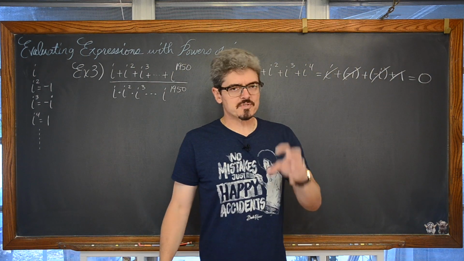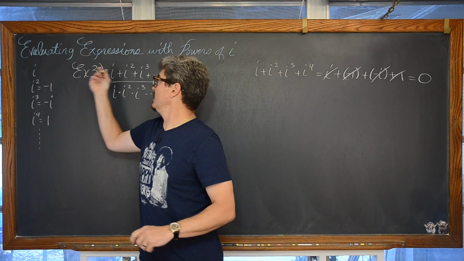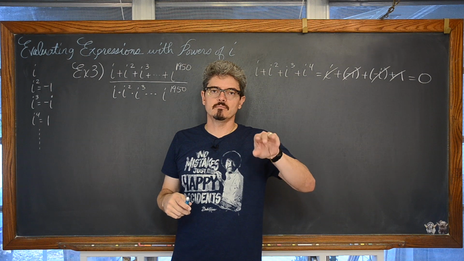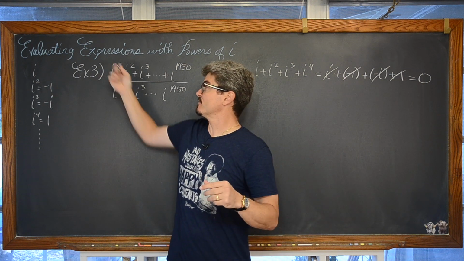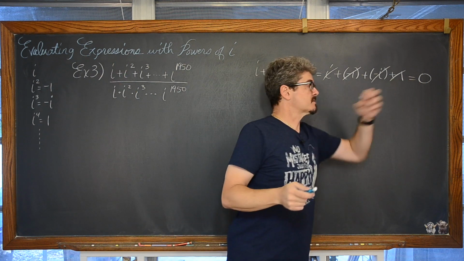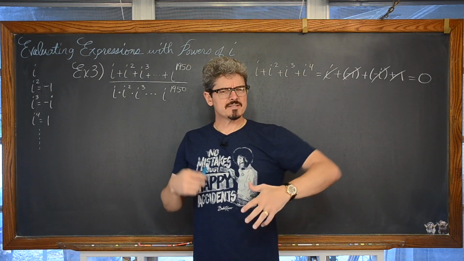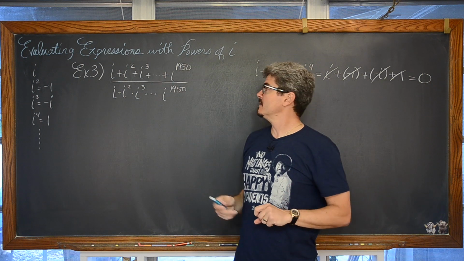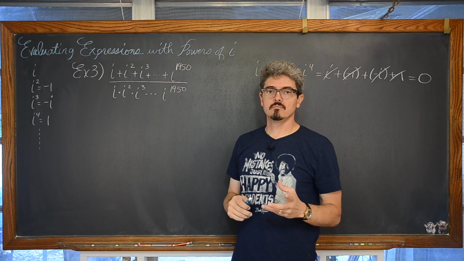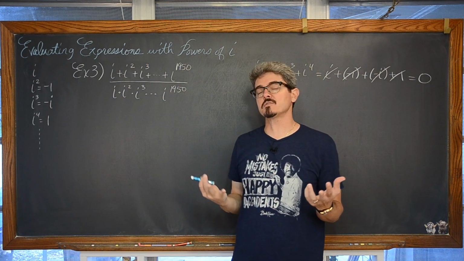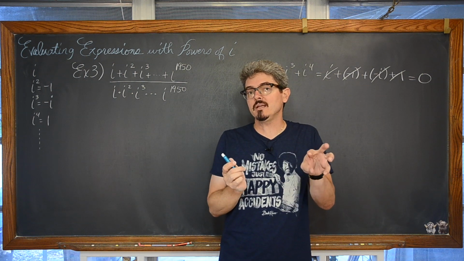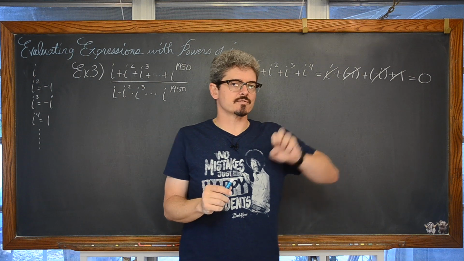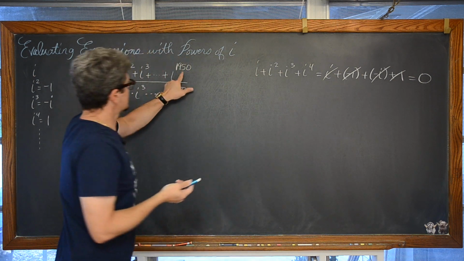So in groups of 4, if you start with the first power, every 4 terms in sequence from i to the first is going to have a sum of 0. Well, if we could take all of those cycles of 4 out of this very long sequence of additions, maybe this actually just simply adds up to 0, or there's a couple of remaining terms outside of these cycles of 4 that we actually need to add. So let's go to our highest power.